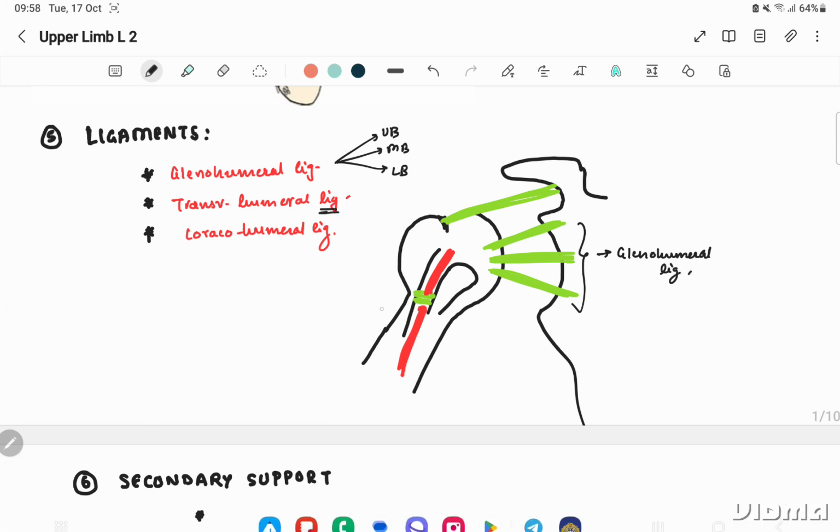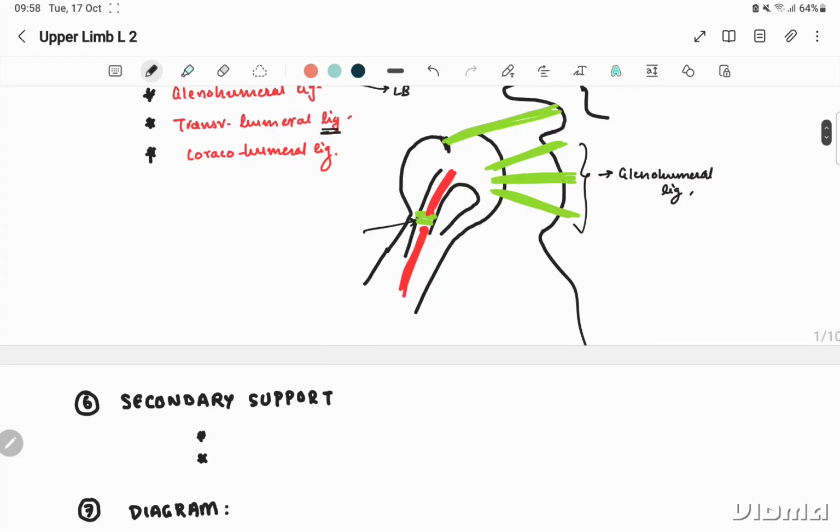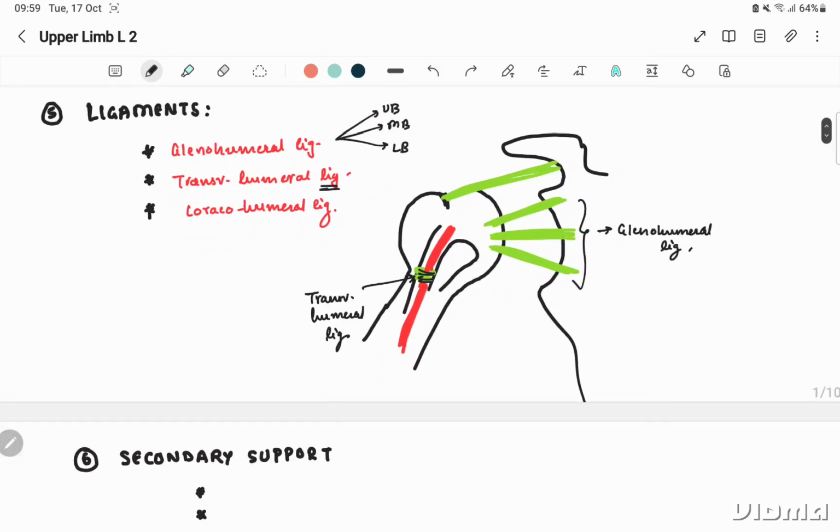We have a transverse humeral ligament which holds the long head of biceps in its place. So this is the transverse humeral ligament. The location is between the greater tubercle and the lesser tubercle, okay. And this is the coracohumeral ligament which extends from the coracoid process to the greater tubercle. This is the greater tubercle, this is the lesser tubercle, and this is the coracoid process. So this is the coracohumeral